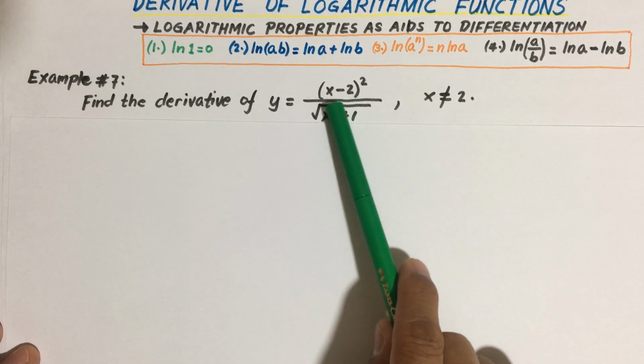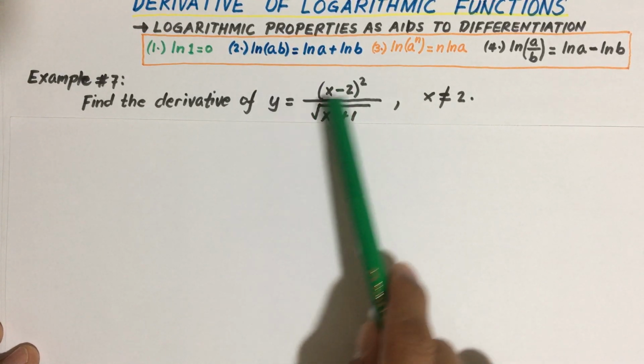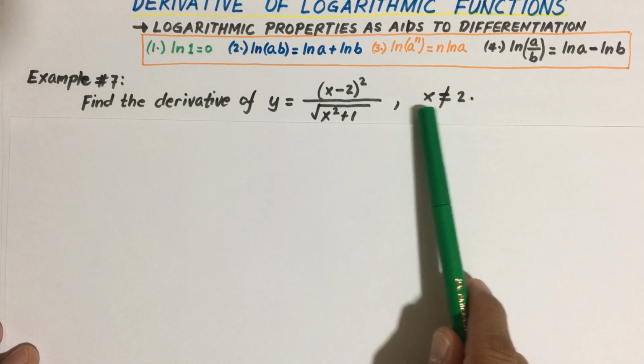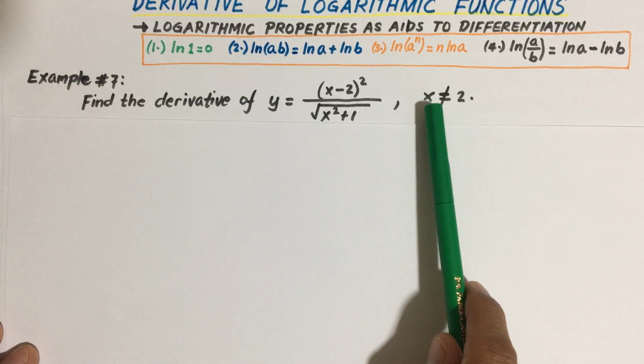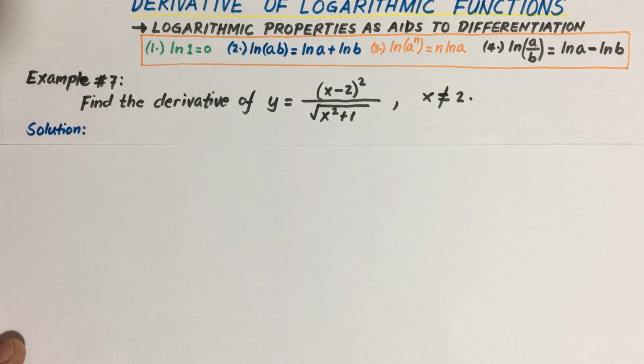Because when x equal to 2, what will happen? y will become 0. So the condition here is that x can be any value, as long as x is not equal to 2. Okay, so for our solution,